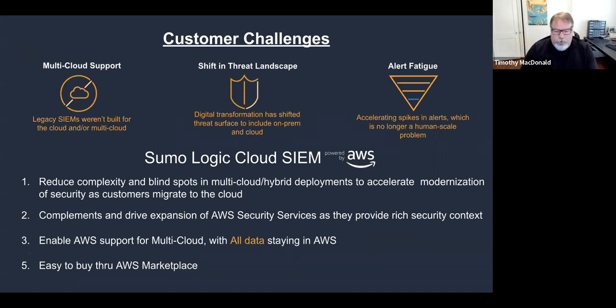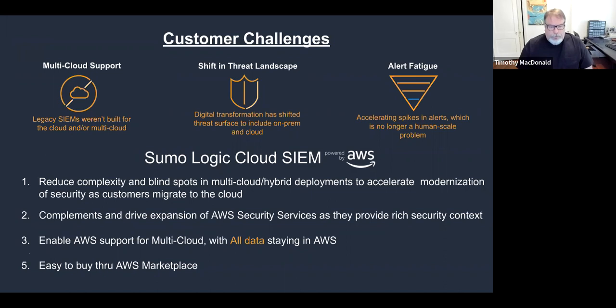So, if you're using a variety of products in your portfolio of security tools, things like maybe a cloud-based or SaaS-based identity provider like an Okta or something like that, cloud or SaaS-based EDR like Carbon Black. So those things are supported natively within the product, as well as the cloud providers such as AWS. All of the data here actually comes into AWS because Sumo Logic is an AWS native product. So we live in the AWS data centers, and it is available through the AWS marketplace.